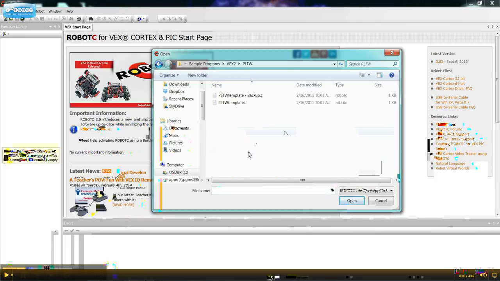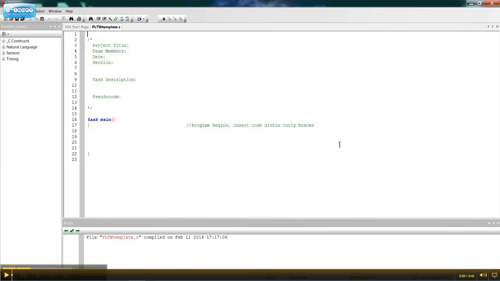Inside that folder are two templates. They're both the same template. One is just a backup, so for instance if someone was to open this PLTW template and not save it as their own and save over a copy or delete it, or something crazy happened to it, we could always use the backup. So we're going to select the PLTW template and click Open. Okay. This template here is what we'll be using to program our robots, and we will use this template whenever